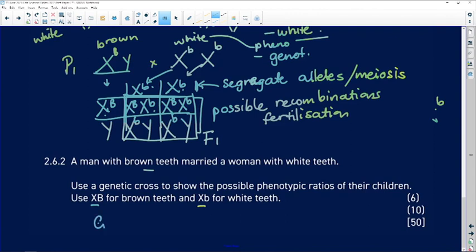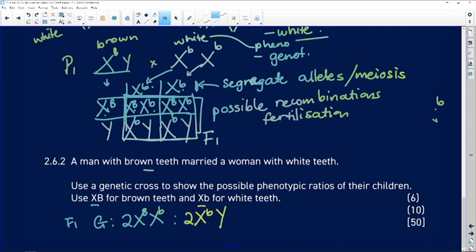The genotype of the first filial generation is going to be 2 capital X, capital B, capital X, small b, to 2 X little b, Y.